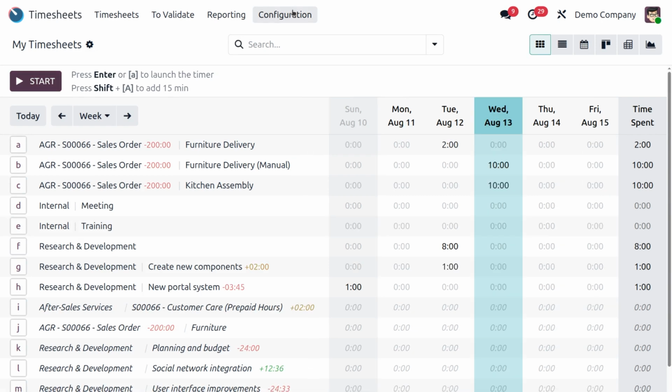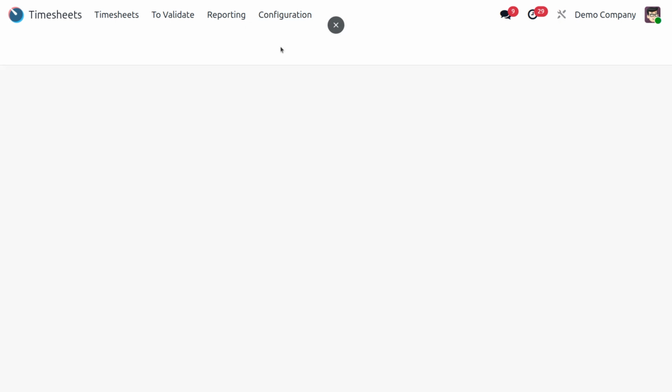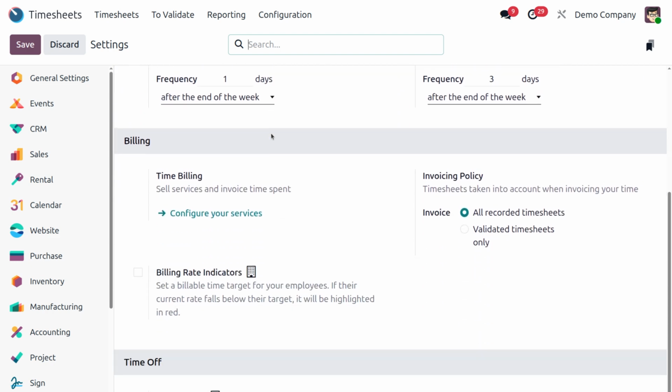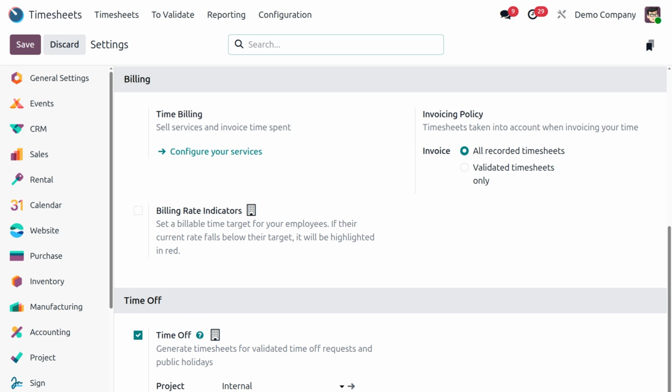And one quick note before we wrap up, let's move to the configuration under the settings. This process will only work if you have enabled generate timesheet entry in your paid time off type, and in timesheet settings, set a project and task under the time off types. Without this, Odoo won't create timesheet entries automatically.